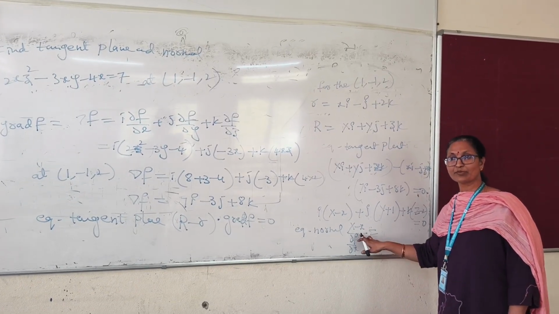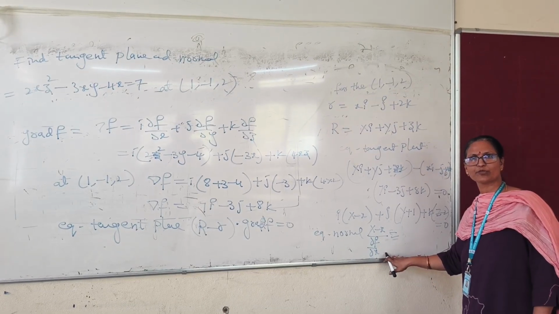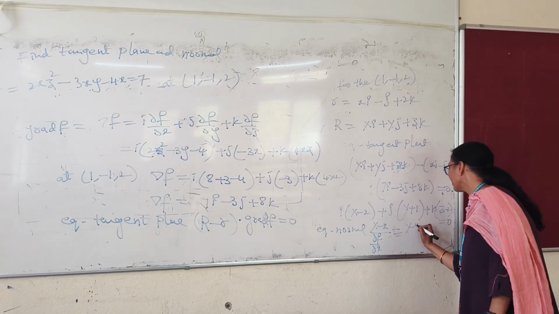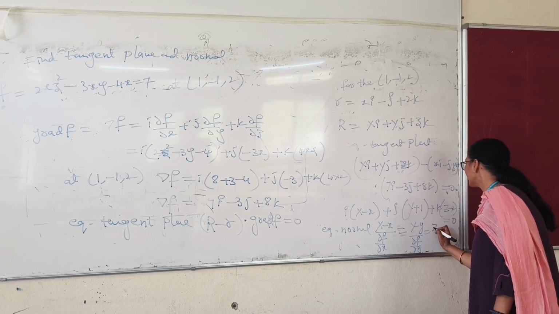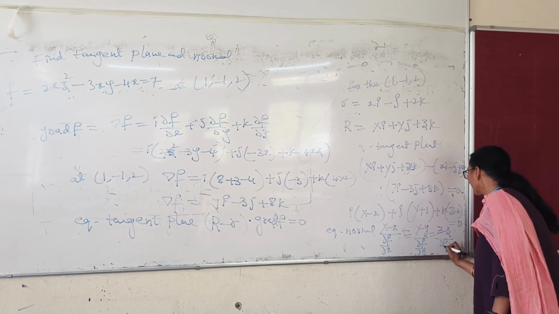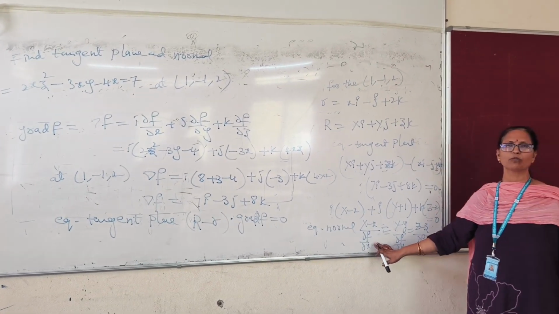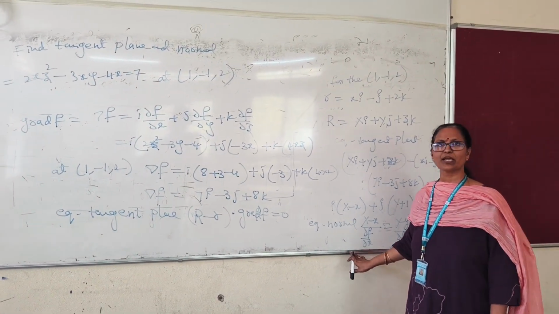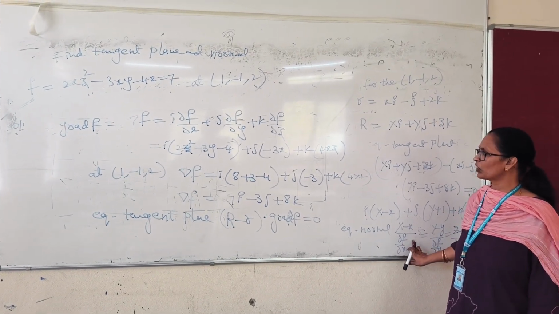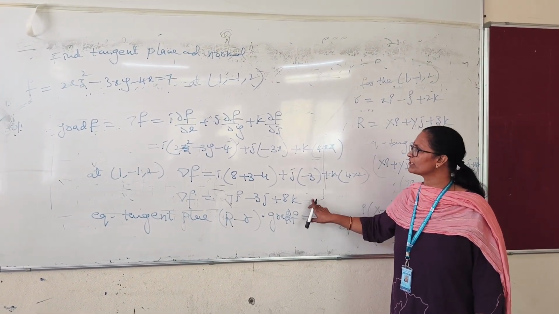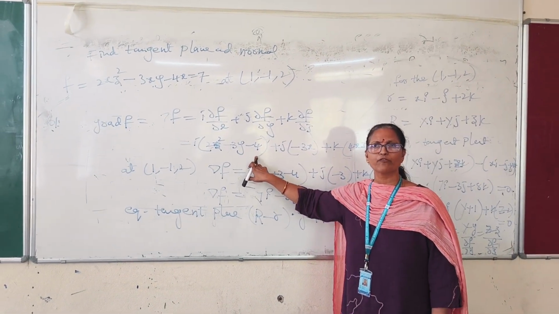What are the partial derivatives here? Already in this grad f, we calculated dou f by dou x. So let us write it in this way. What are the differentiation values in this equation of the normal? Remember, the equation of the tangent means this is the formula, and the equation of the normal is what the question asks. For the normal, we have to put it equal to some constant, t or k. We can choose some variable here, either t or k.